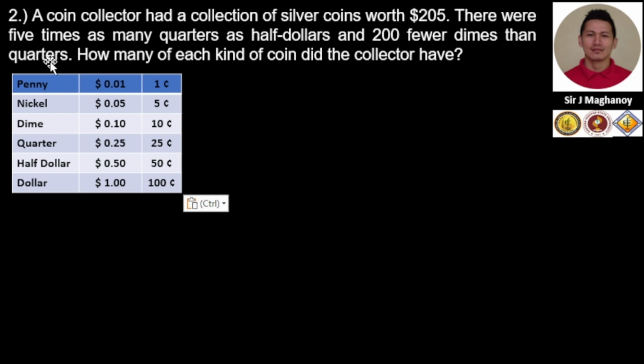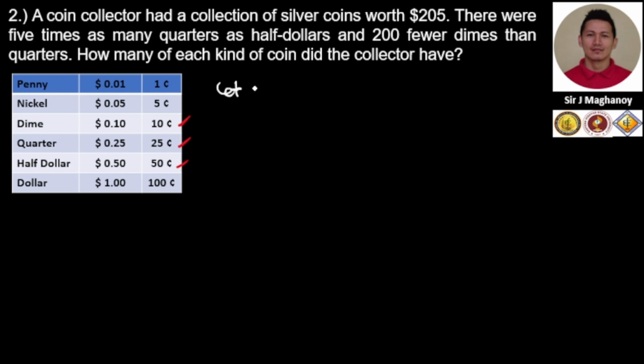example number 1, so based on the statement, we have silver coins worth $205. There were 5 times as many quarters, so we have the quarters, half dollar, and dimes. Okay, so how many of each kind did the collector have? So, we start with the statement. There were 5 times as many quarters as half dollars. So our starting point is